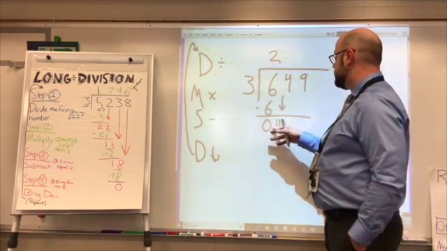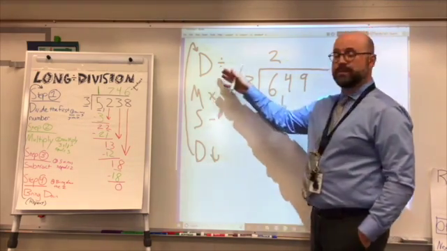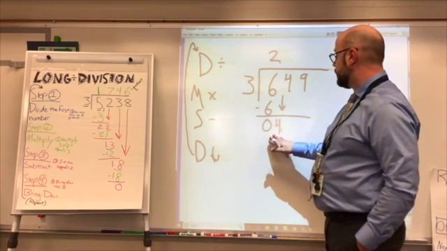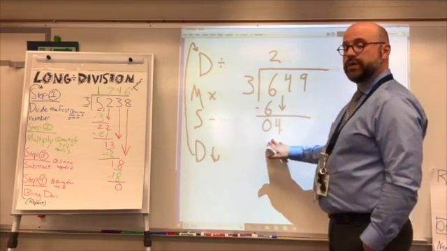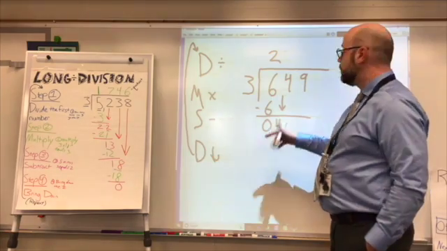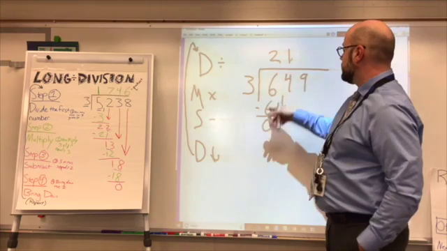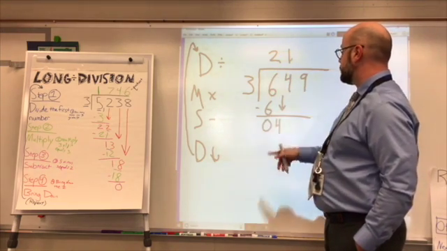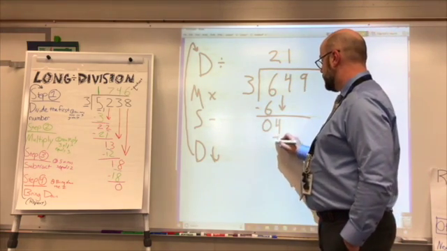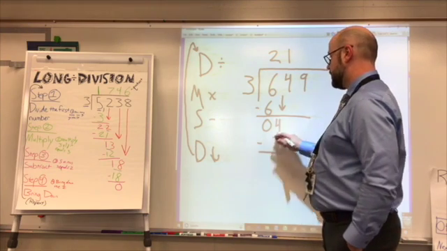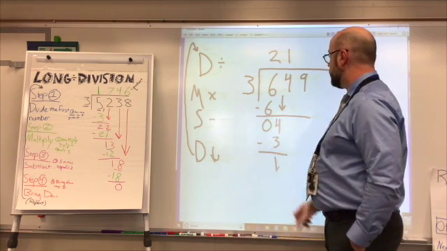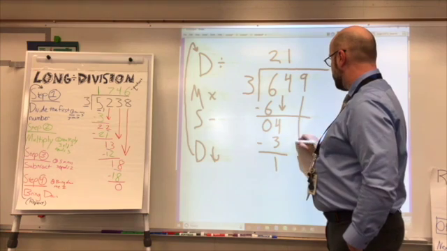Then 3 into 4, we're repeating the process over now. Now we have the number 4. 3 goes into 4 how many times? There's only one 3 in 4, because 3 times 2 is 6, and 6 is greater than 4. 3 times 1 is 3. That is less than 4. Subtract. That's 1. And we drop